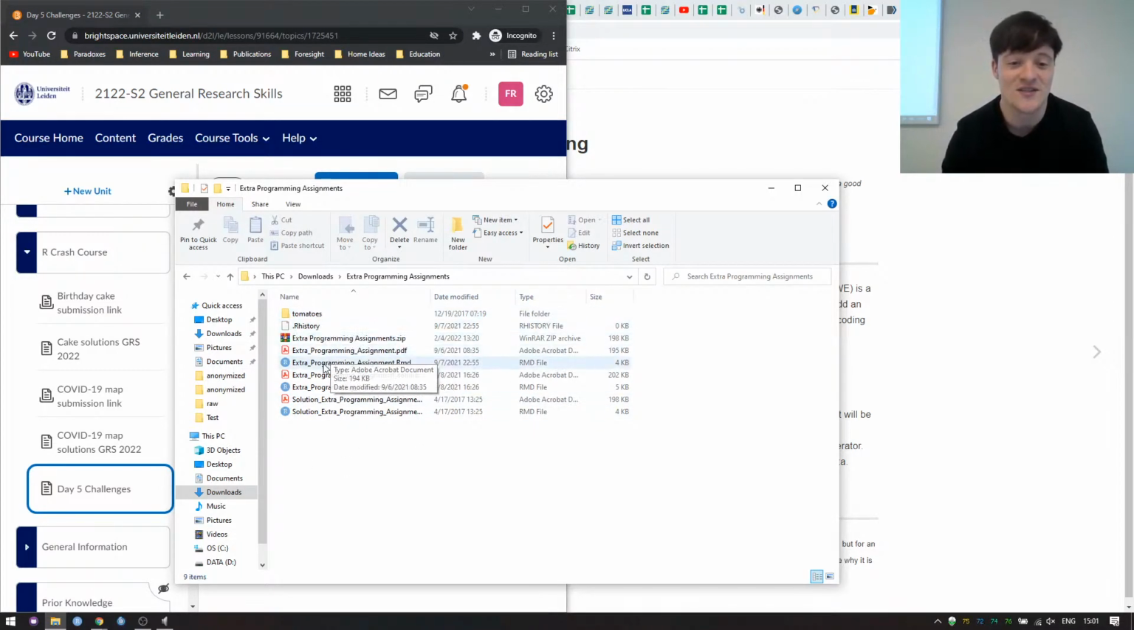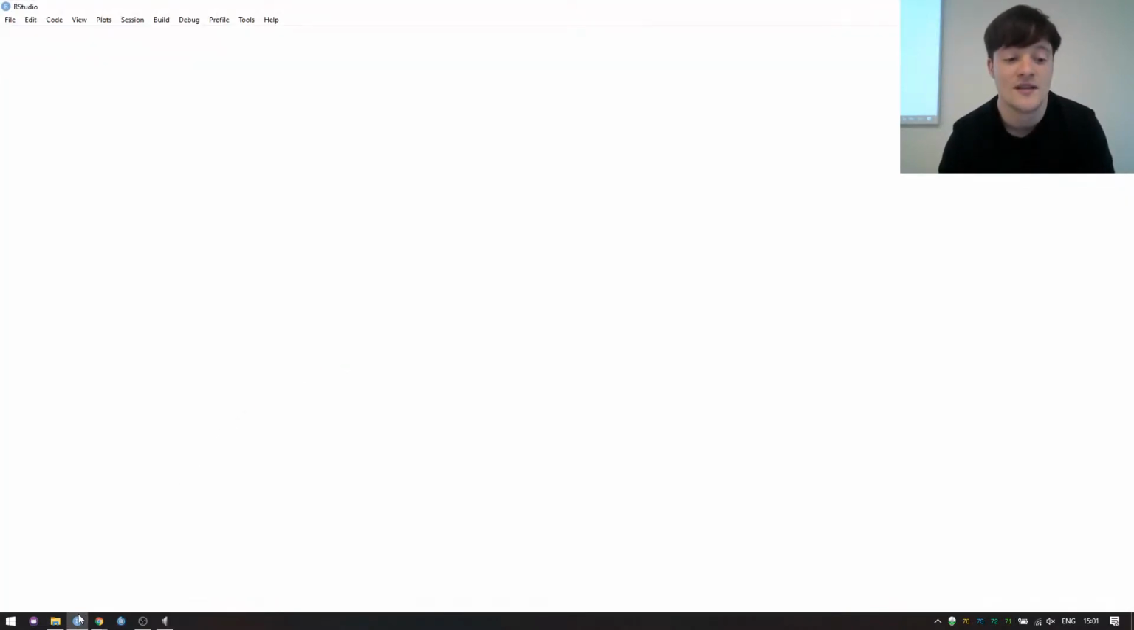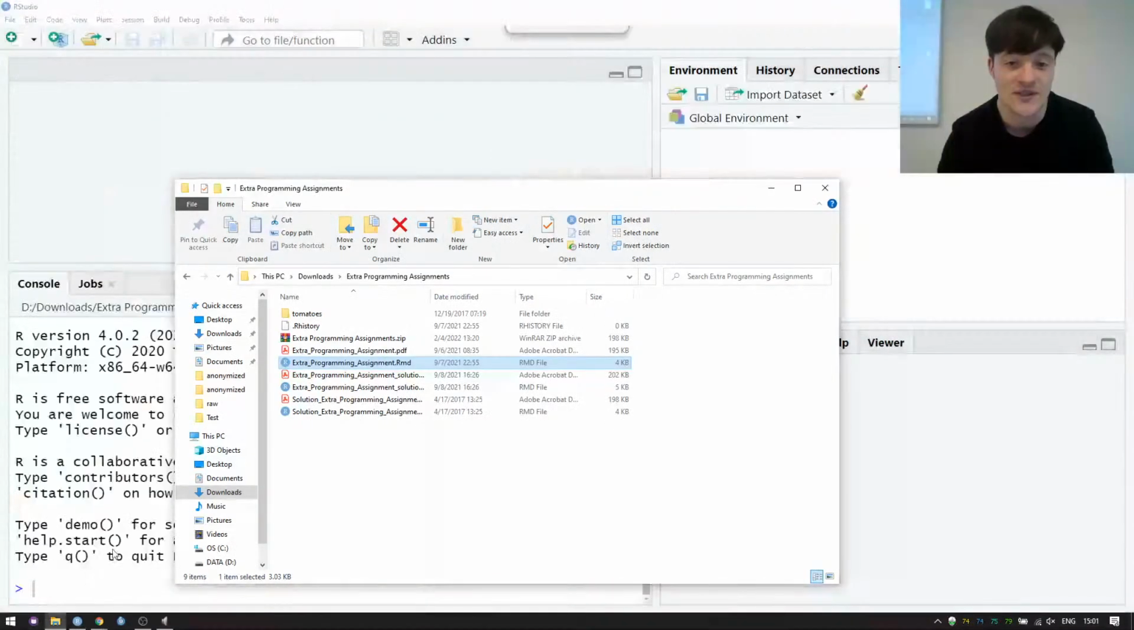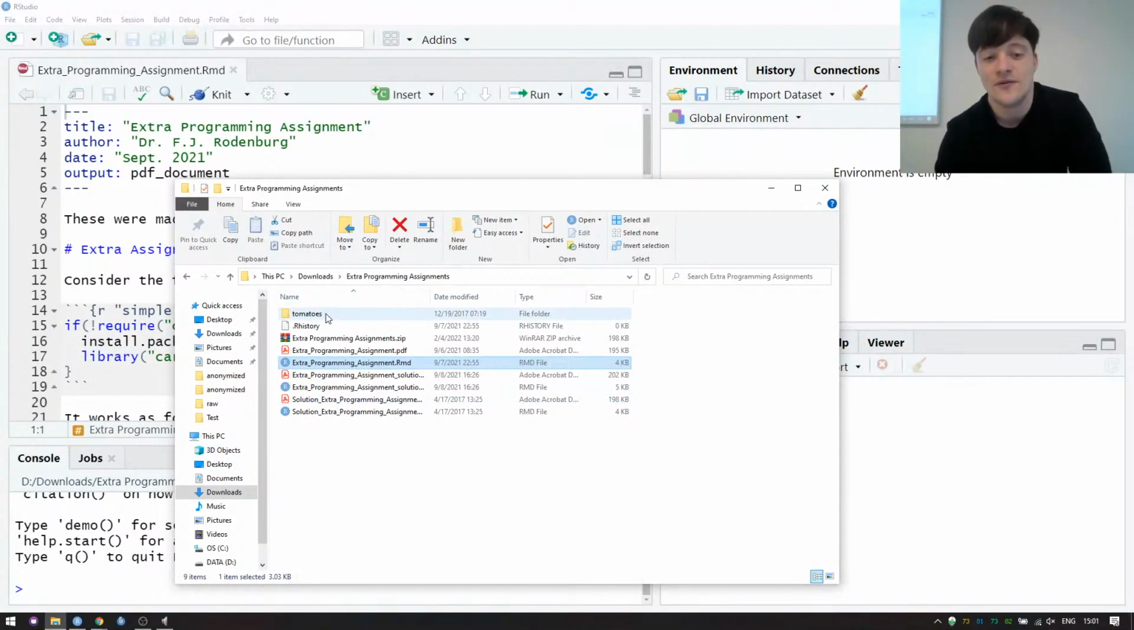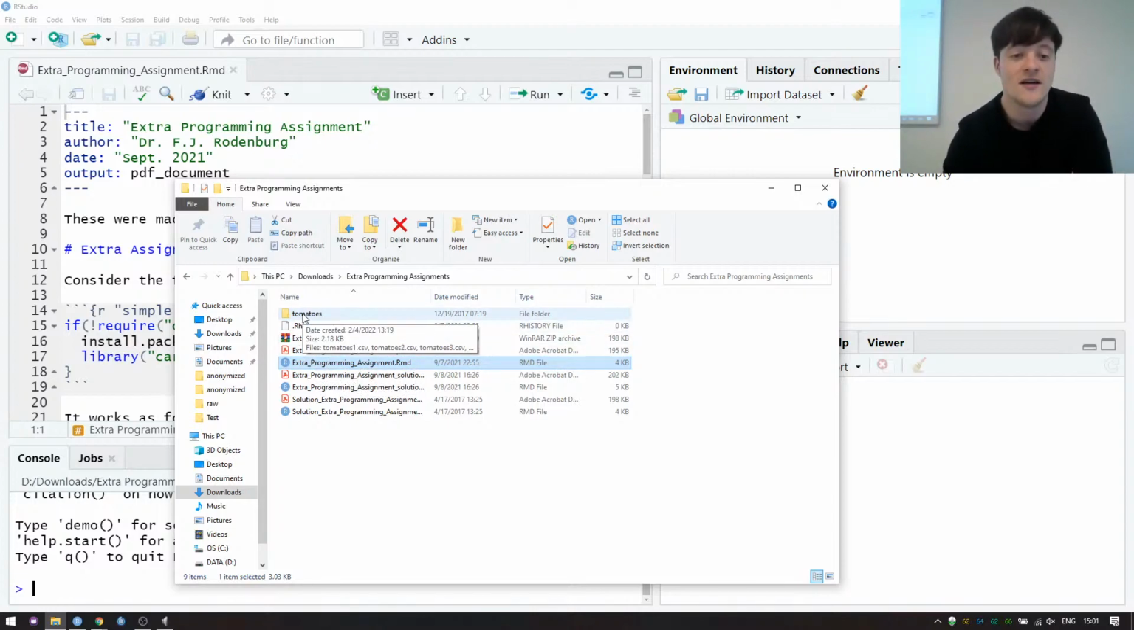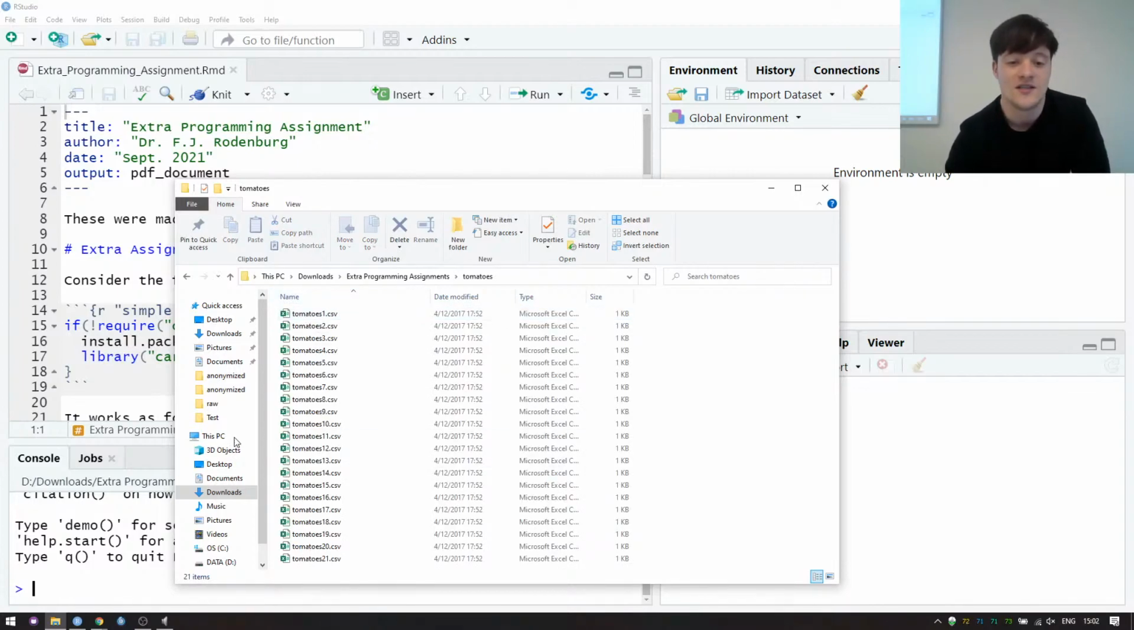Okay, so if you've already opened it, then you will have this minus the solutions. There's two things in here that are important. There's the RMD file called Extra Programming Assignment, which is the actual challenge. I'll wait for my 4-year-old laptop to show it. And there's a folder here called Tomatoes. Now, it's important that you have this exercise and the folder Tomatoes in the same location, because then it's easy to find all these